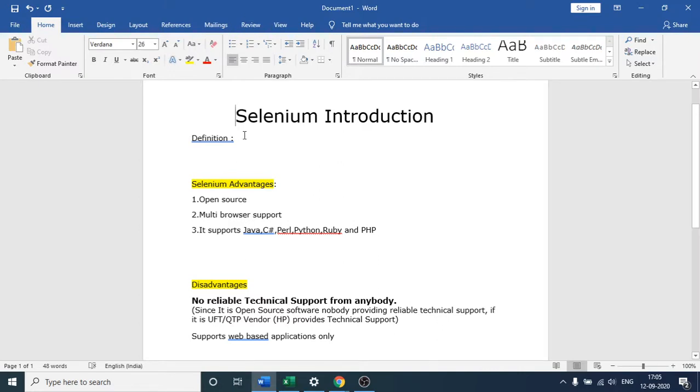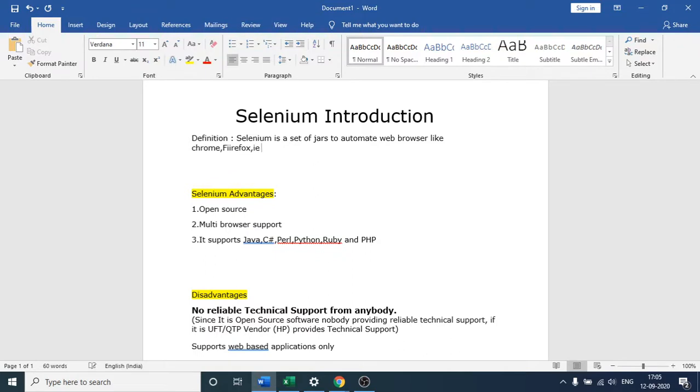If I talk about the definition, I will simply say Selenium is a set of jars to automate web browsers like Chrome, Firefox, IE.